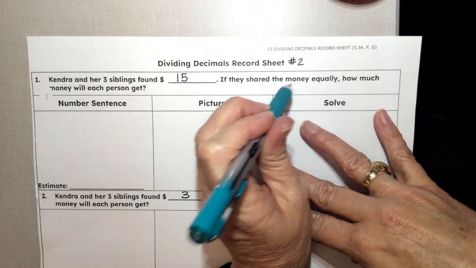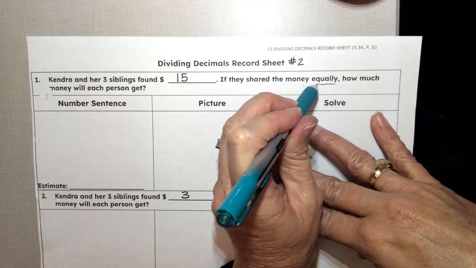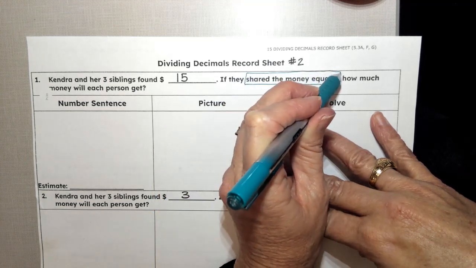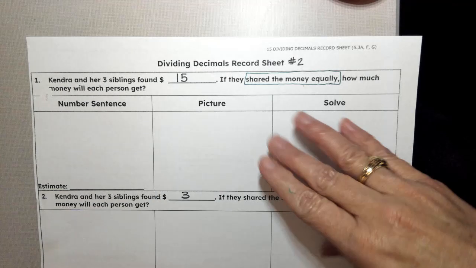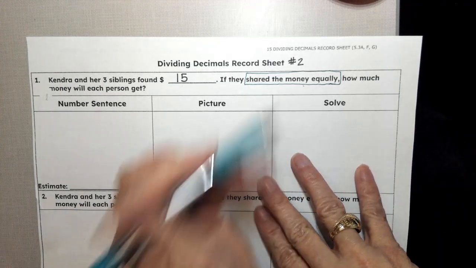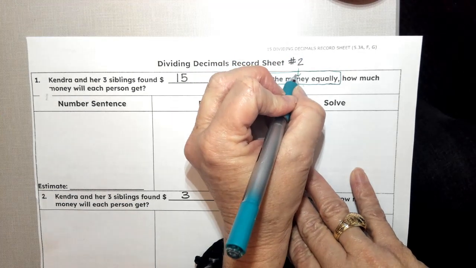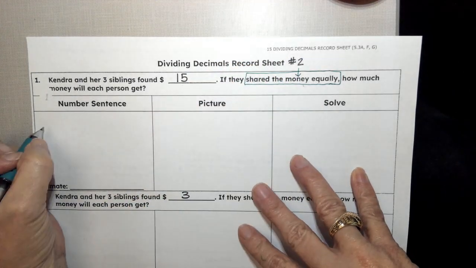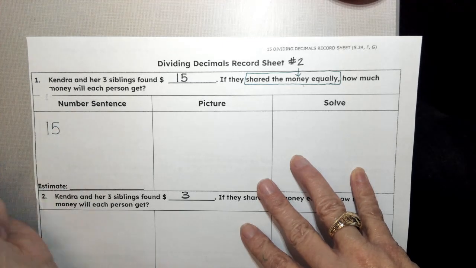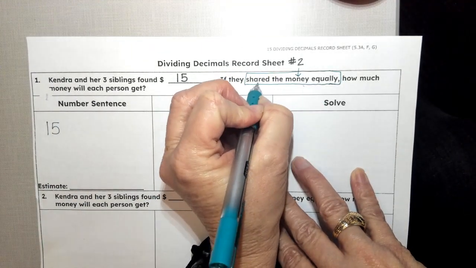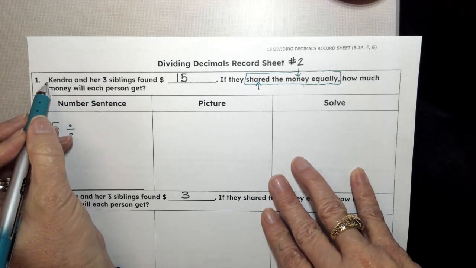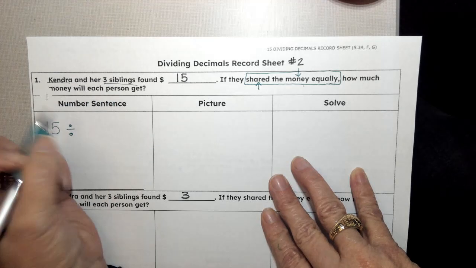So remember, it's this information right here, shared the money equally, is super important, because when I think about dividing, it's what is it that I'm sharing? And I happen to be sharing money. And so the money is going to come first. So I have $15 and I'm sharing that. So that tells me that I'm going to be dividing that by Kendra and her 3 siblings, which gives me